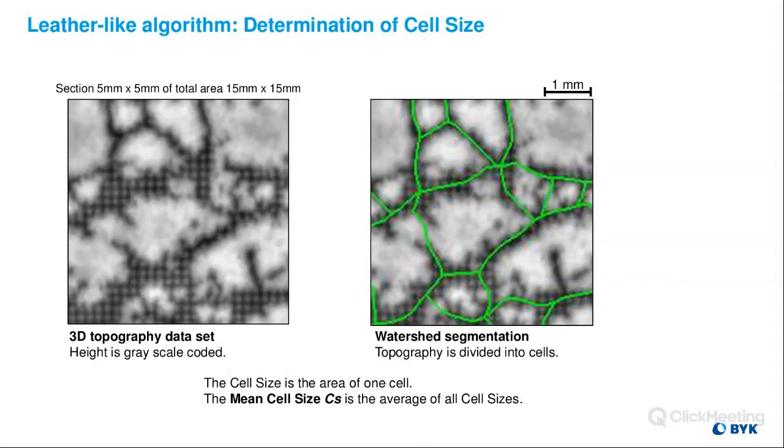Remember, this is a spatially differentiated picture. So it can do high level pixel by pixel, very in-depth analysis of this surface, and calculate individually the size of each individual cell within the picture,